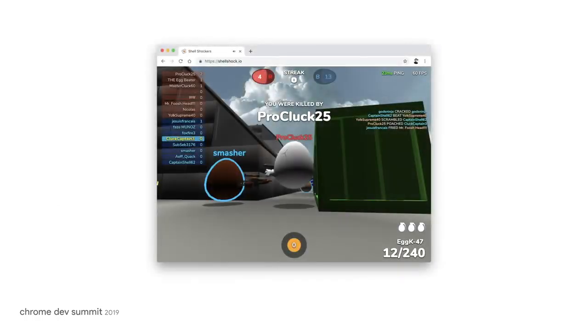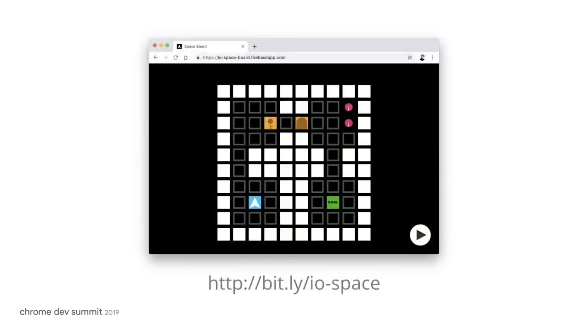Now, for example, here is a game called Shellshock.io, where players compete in a Quake-style arena shooter. If the player shares their current URL, their friends can deep link into that exact room the player is in, and compete against them. Also, here's a little game I made called Spaceboard, built using the slick game development tool